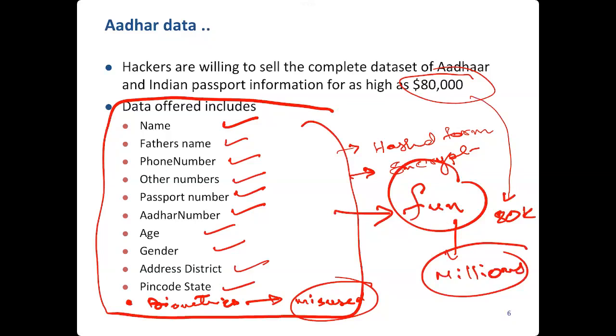So maybe somebody can pose as somebody else and do some criminal activity, and then get free. And somebody can make an Aadhaar card from this data, a duplicate with his own photo inside it, and show it at an airport and then fly and do something. A lot of mischief can be done if a cyber criminal knows your identity, and identity stealing happens, right? Somebody can pose as you and do some activity. What else? Very good.